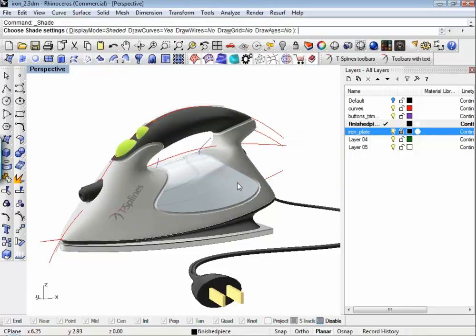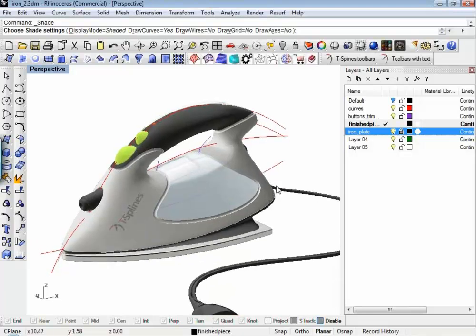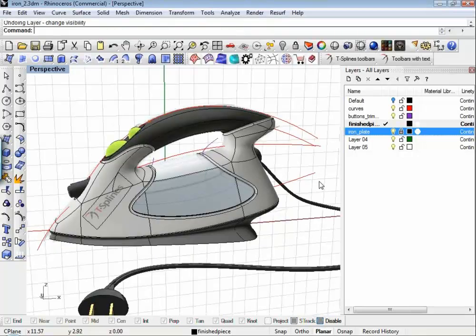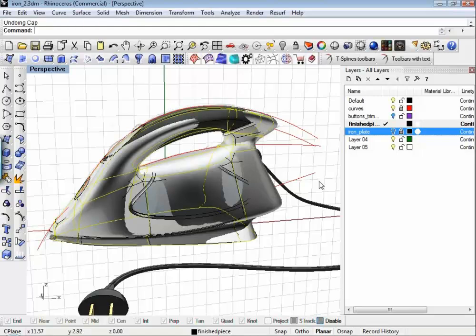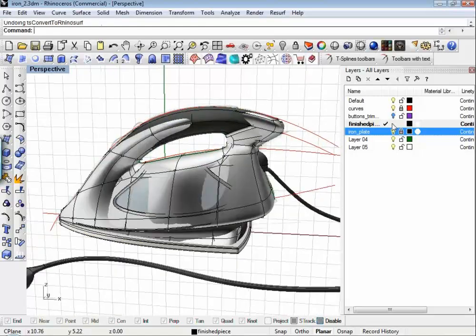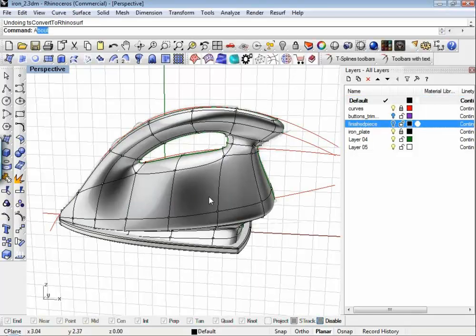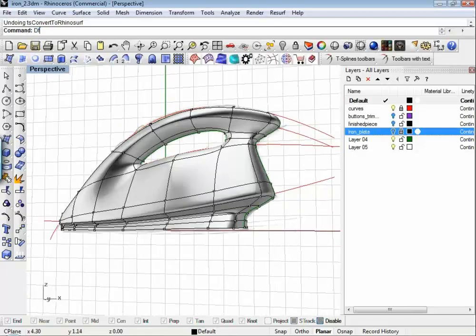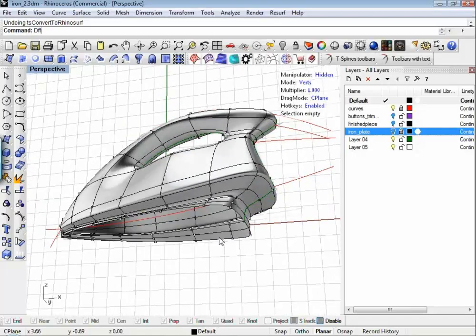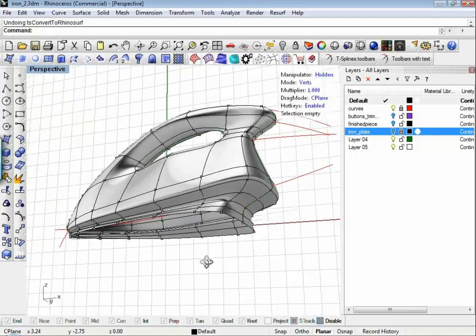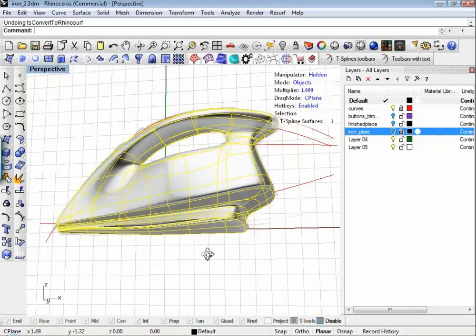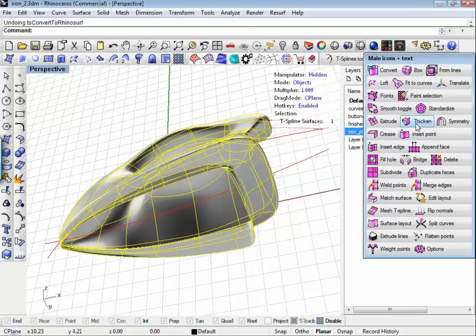The other thing that I didn't mention before, because I wanted to beat on the basics of how to do this, but before we turn this into a Rhino surface, if I go back, while this is still a T-spline surface, this is something that I would absolutely positively love. If I grab this object, and it's a valid T-spline surface, and I go up here and I thicken this thing,